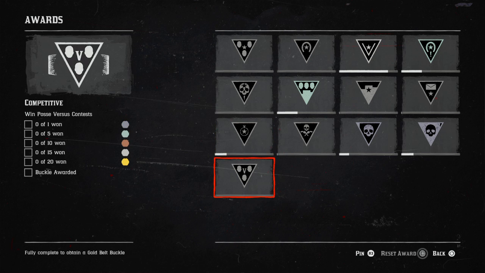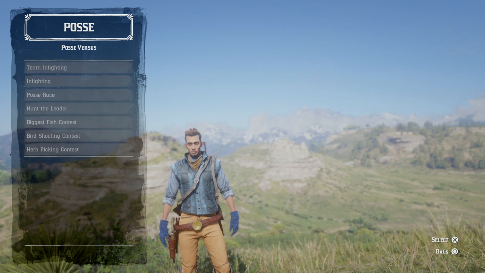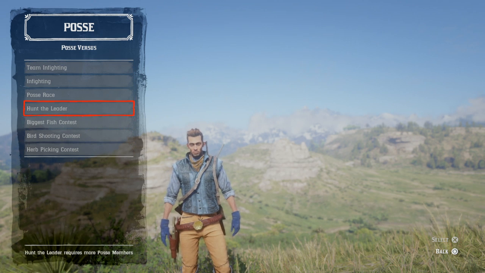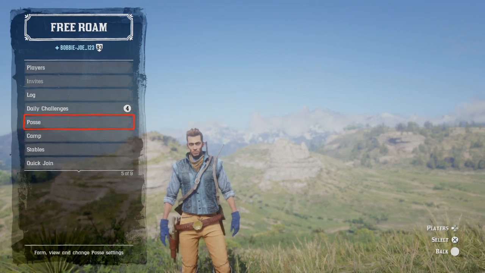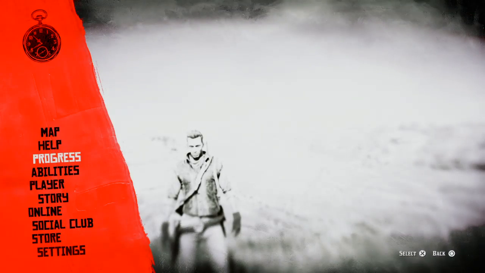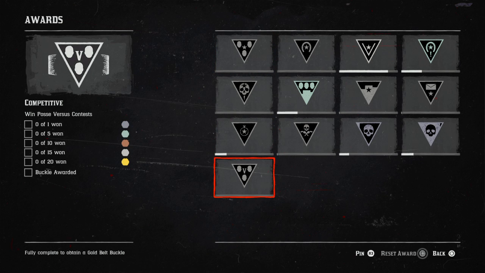So, the first one is win posse versus contests. I've mentioned it in other videos. We'll just have a quick look. You just go into your posse versus, and it's these basically. You've got to win these. I think it was 100 you had to win. Let's see. I'm sure it was 100 you had to win. Oh, 20. That's not bad at all. A lot better than you would think, but obviously, if you don't play in a posse,